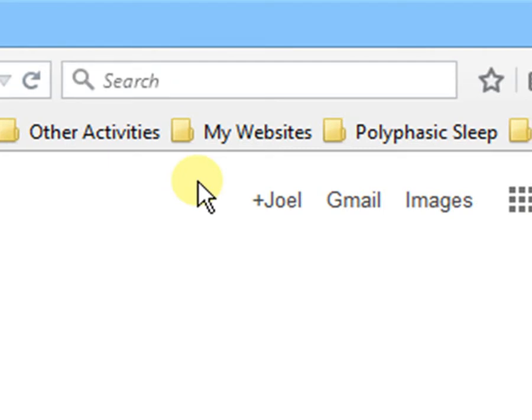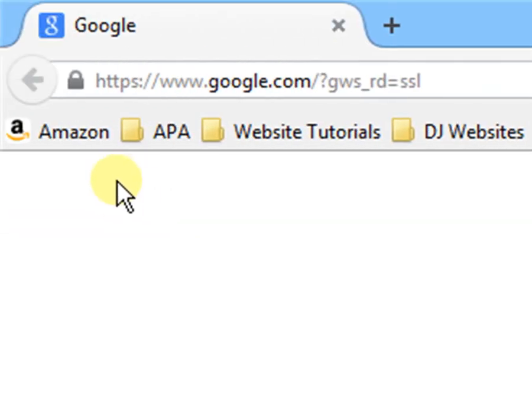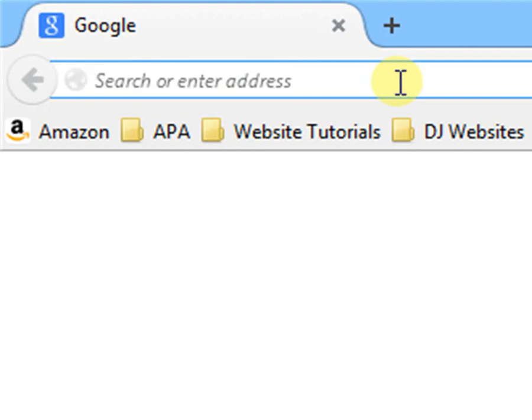You want to make sure that you type this address in the actual address bar, and you may see something already in there that starts with HTTP. The first thing you need to do is go ahead and remove everything that's in here. So if you click in here once and hit your backspace button, it'll remove everything that's in there. And then this is what you need to type to get to the Lions website: